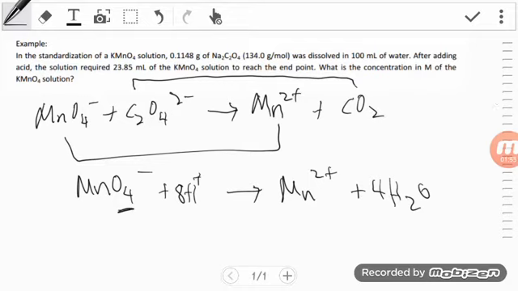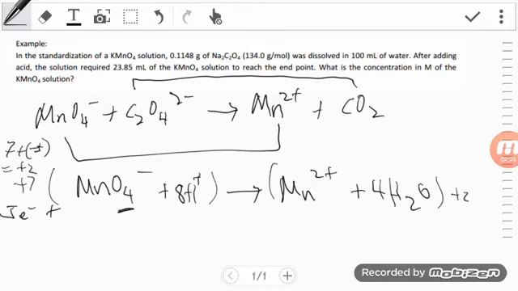And then we count the charge, so this is plus 7, and this one is plus 2. So we need to add 5 electrons here, so that 7 plus 5 electrons would be plus 2, which would be equal to